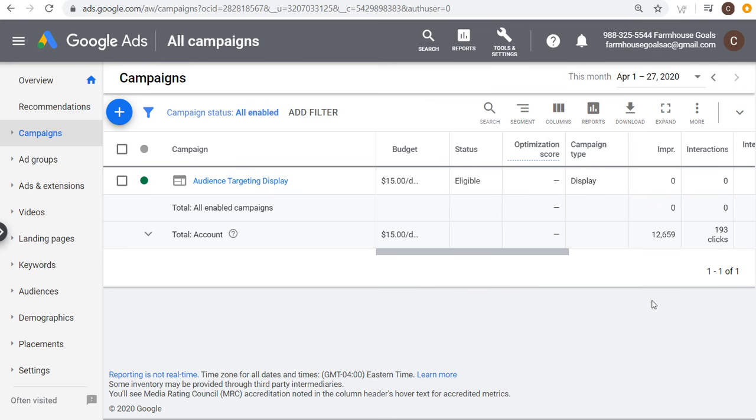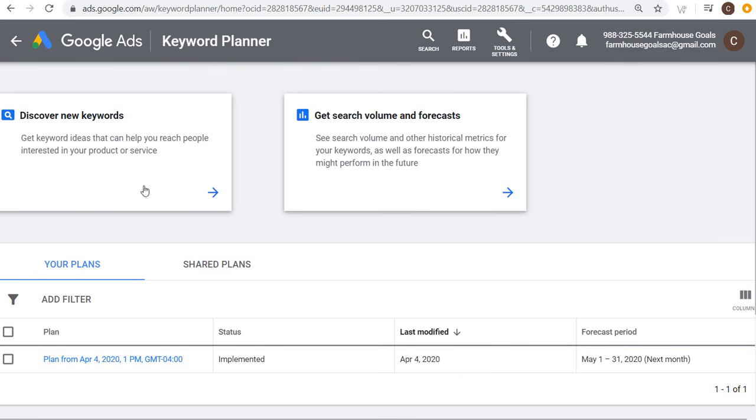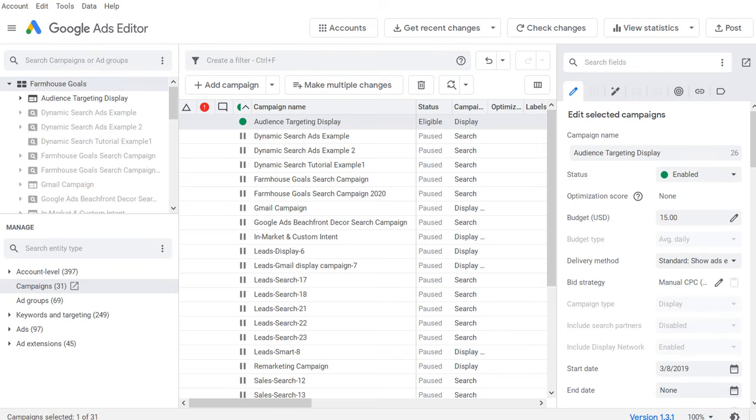Today I'm going to be going over Google search ads and I'm going to be creating a full campaign from start to finish in this video. So it's going to be a very long video and I'm going to be using the Google Ads interface, the Google Keyword Planner, and also Google Ads Editor. I'm going to go through a little bit of each of these tools and show you how I build